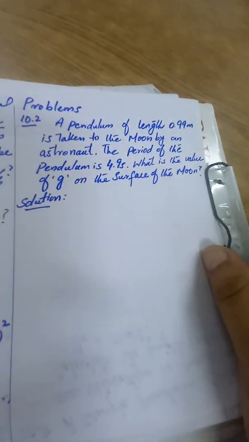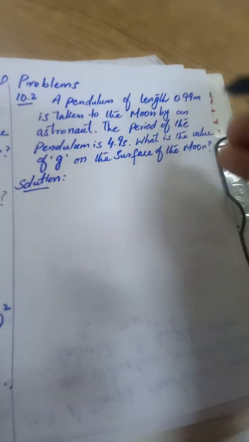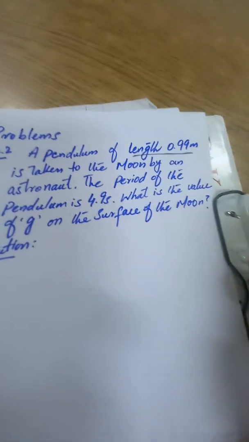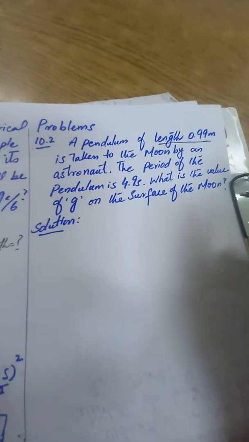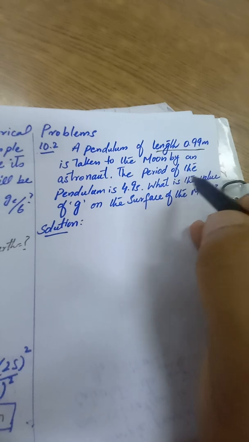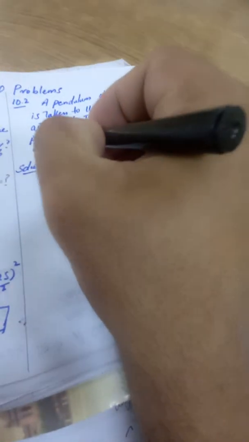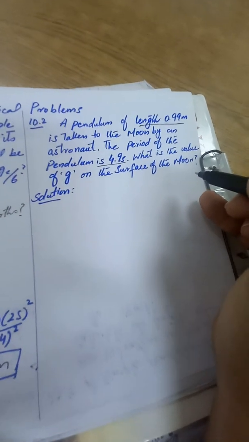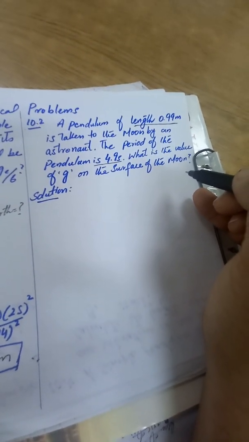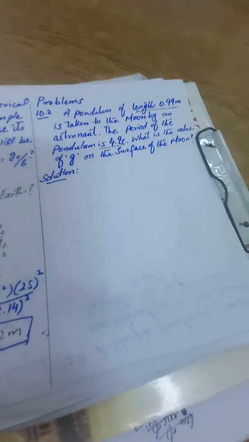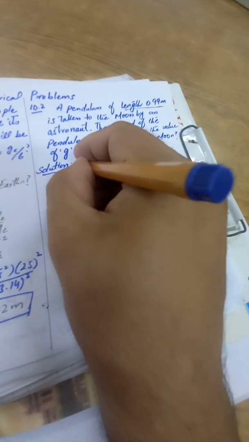The statement of the second problem is: a pendulum of length is taken to the Moon by an astronaut, and the time period of the pendulum is also given. What is the value of G on the surface of the Moon? So first, the given data